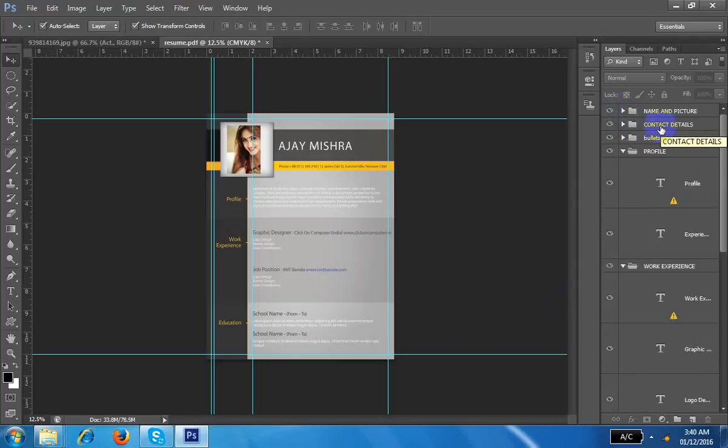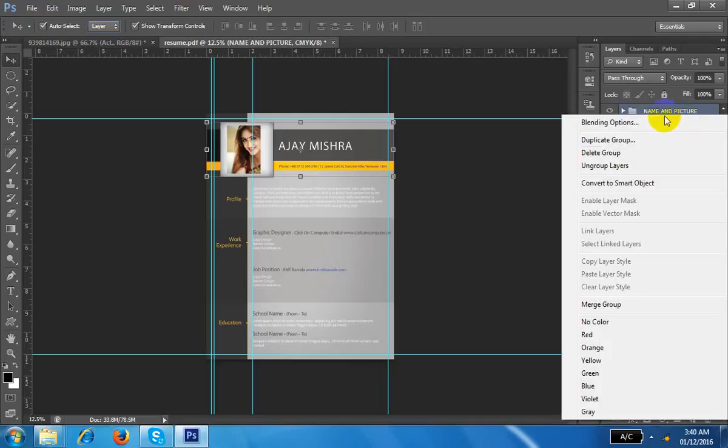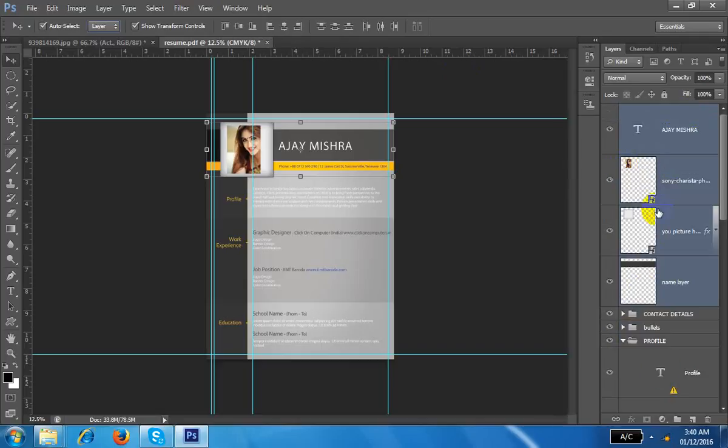Okay, lots of people download lots of things for Photoshop from the internet and work on that. So maybe that time you can find all the groups. If you want to work on the group, go to the layer and work very easily. But even if you want to ungroup, right click, Ungroup Layer. So it can ungroup. Understand everybody? Yes, sir.